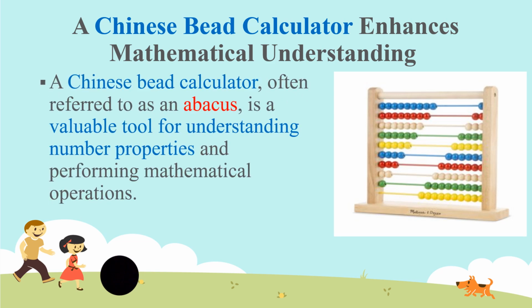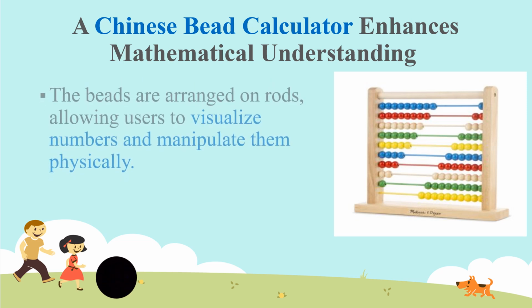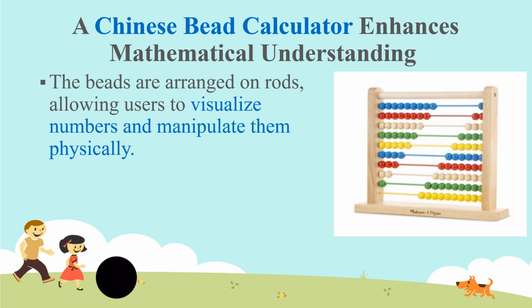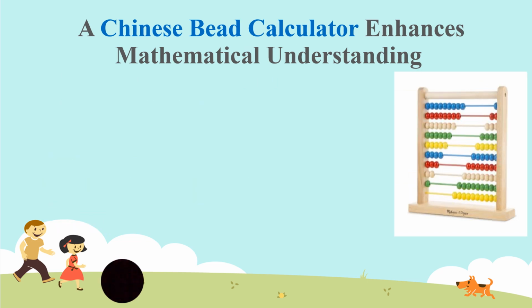A Chinese bead calculator enhances mathematical understanding. A Chinese bead calculator, often referred to as an abacus, is a valuable tool for understanding number properties and performing mathematical operations. The beads are arranged on rods, allowing users to visualize numbers and manipulate them physically. By moving the beads, users can explore various number properties such as